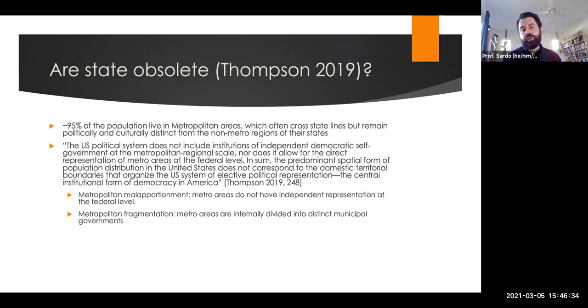Think of Chicago, the Chicago metro area. In addition to Chicago, there's also the wealthy suburbs on the North Shore, places like Evanston, places like Highland Park in Chicago, and these also cross state lines. Southern Wisconsin and Northwest Indiana are part of the Chicago metro area, but not under Chicago City Council, right? And so these internal divisions create all sorts of challenges for governing Chicago.